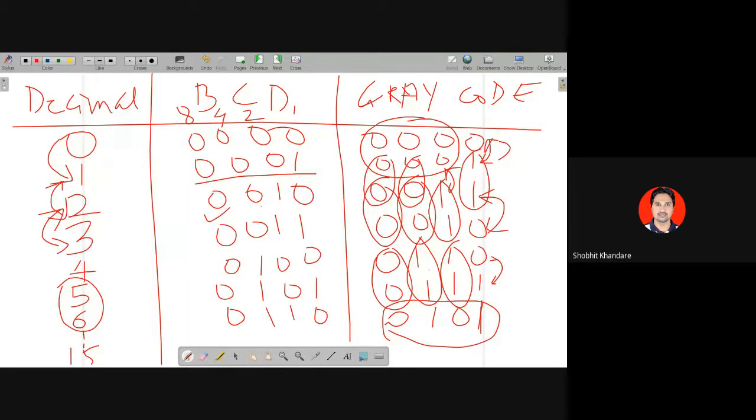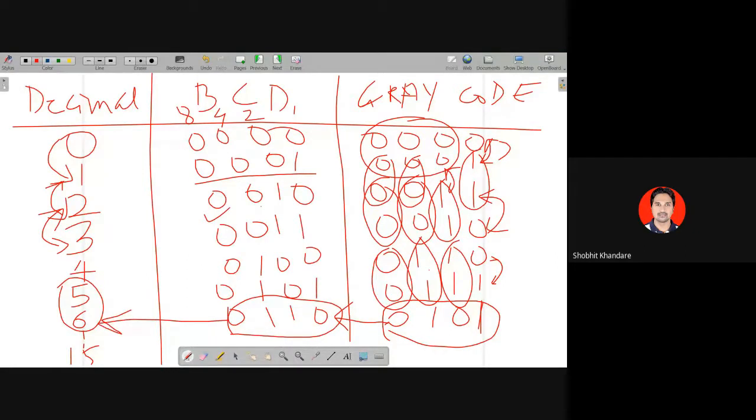और binary और BCD में इसका क्या मतलब है 0 1 0 1? What is 0 1 0 1 in binary or BCD? Sir, 5. Yes, it is 5. तो हम डायरेक्टली बोल सकते हैं कि 0 1 0 1 5 है. लेकिन ग्रे में अगर मैं बोलता हूँ 0 1 0 1, you cannot say it is 5 because we have to first convert this into the equivalent binary code. The equivalent binary code में क्या हुआ ये 0 1 1 0. And 0 1 1 0 is 6.